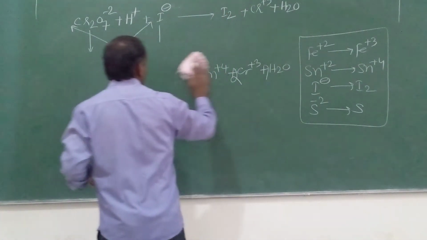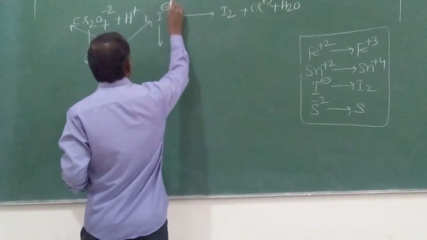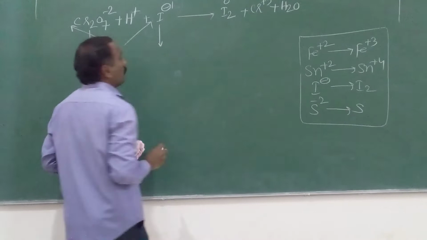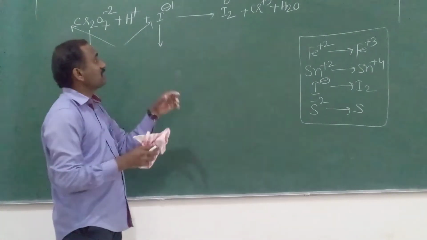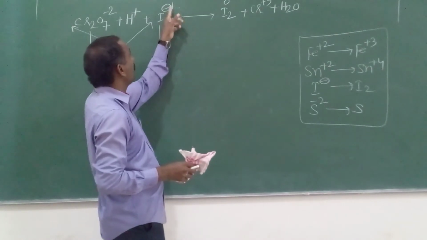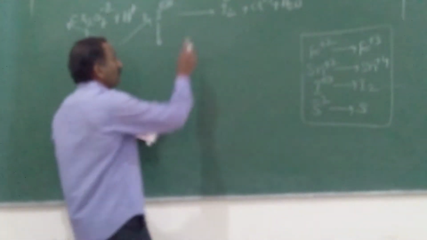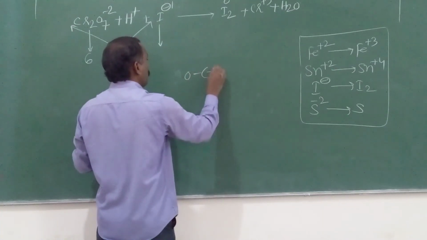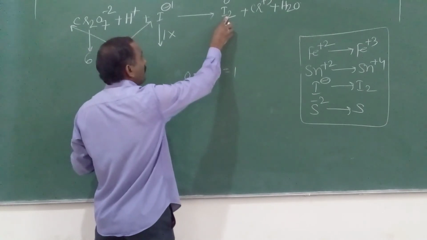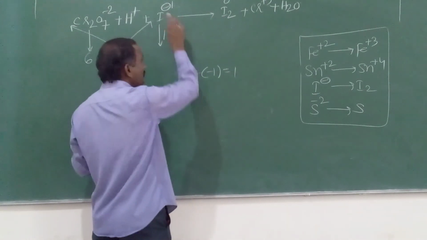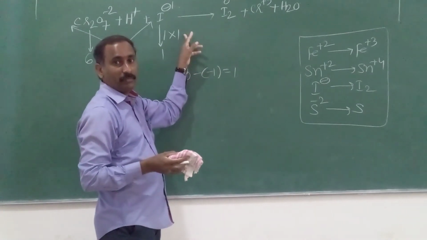The N factor of dichromate is fixed as 6. Here, for iodine, it is -1 on one side and 0 on the other. N factor means total change in oxidation number, and change always means higher minus lower. Some students do -1 plus 0, which is wrong. Higher is 0, minus lower -1, so 1. Don't look at the product side iodines; on the reactant side you can see 1 only. Some students multiply by 2 because there are 2 iodines, which is wrong.